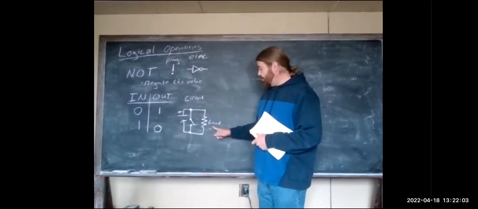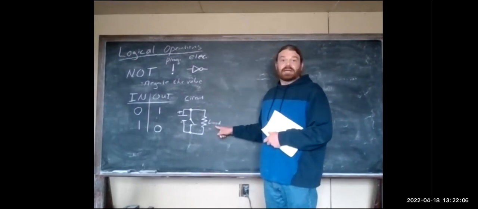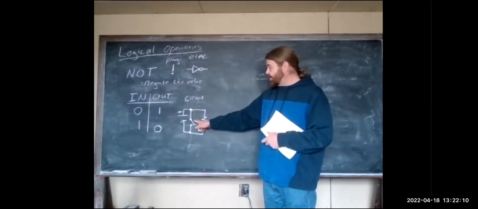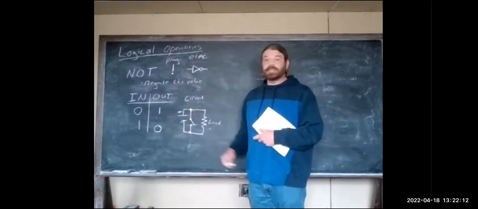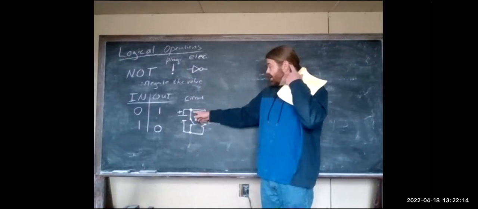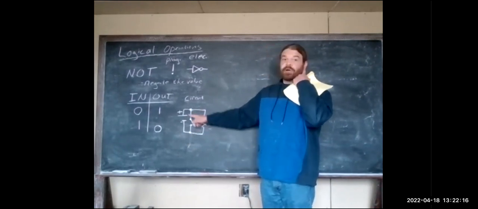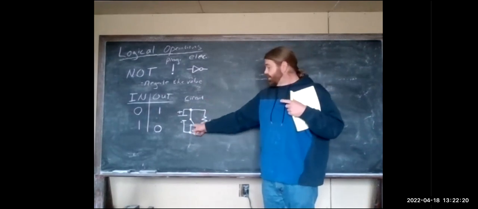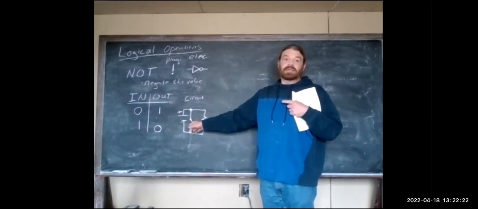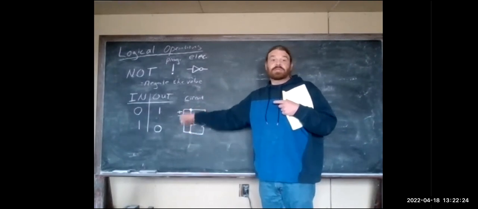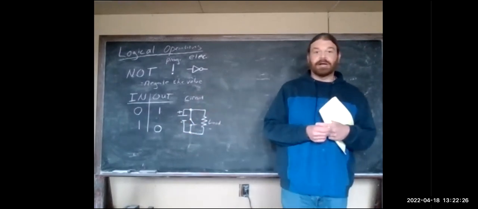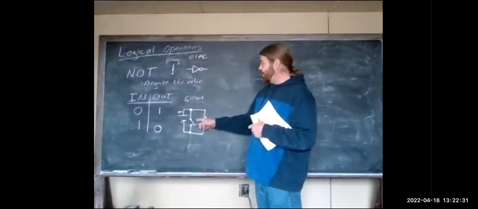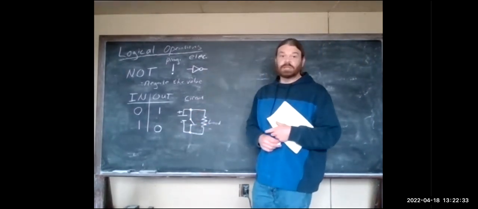So our load, whatever we actually want to do with that electricity, that's going to have resistance. But if we just have a switch that creates a short back to ground, when that switch is off, the only path the electricity can take is through that resistance. But if we turn that switch on, then there's a path with virtually no resistance straight back to ground. So that's what a NOT gate does electrically. It's just a short back to ground,